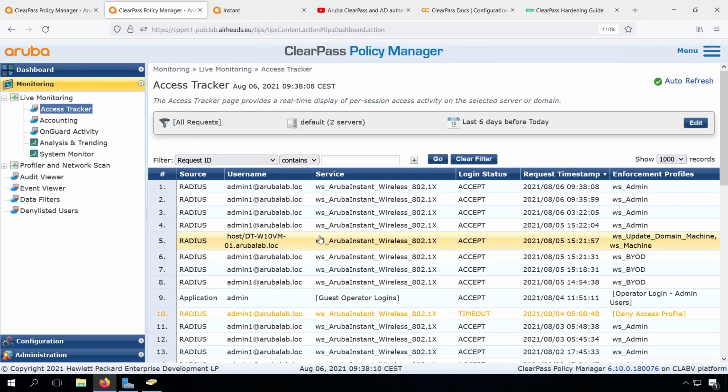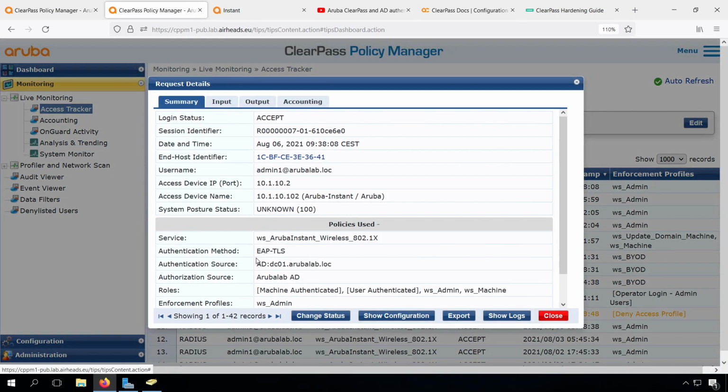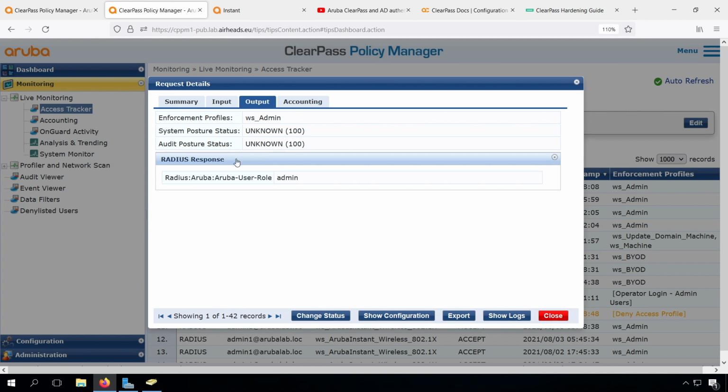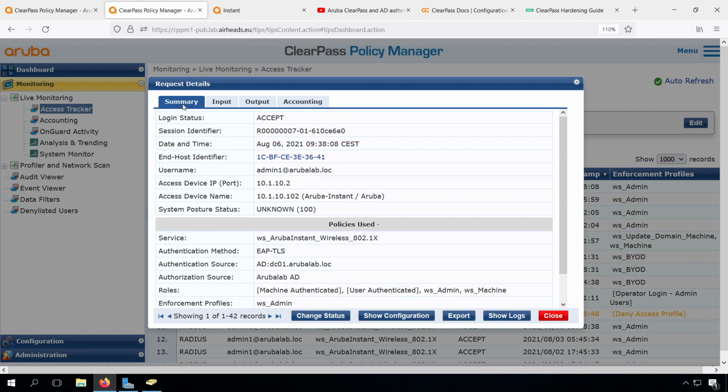Let's trigger another re-authentication and we can see it's still working. So still on EAP-TLS, and we still have everything we had collected before, but now without the username stripping and with a check on the username. So it's no longer possible to change your username and get the authorization for another different user.